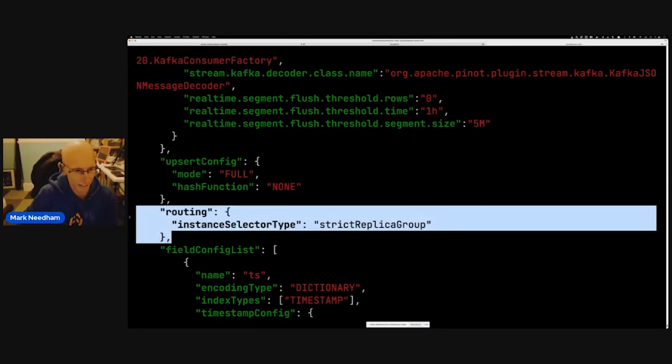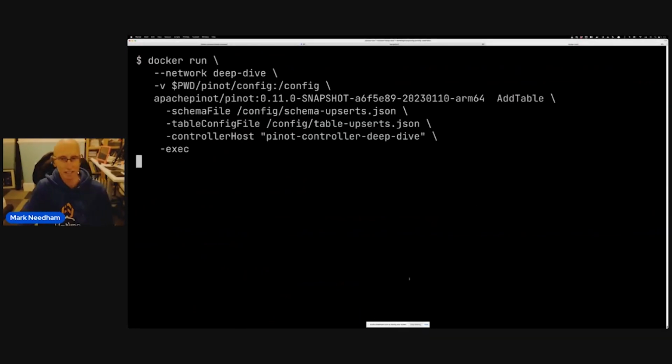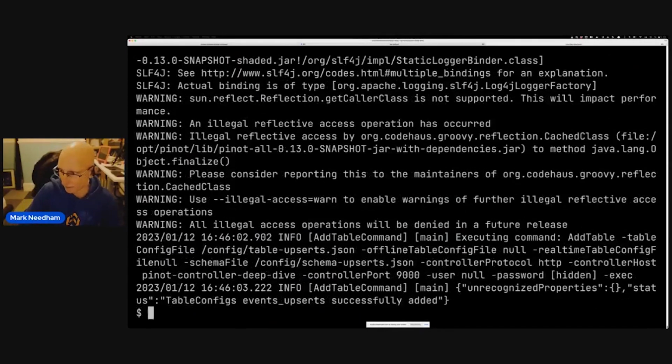You also need to make sure you have this configured, so reading pointing at the same replica group. And for the data coming from the stream, it needs to be that the things with the same key, the same primary key that you're using, need to be on the same partition coming from Kafka. Otherwise, it won't work. Now we can then run that, and it will create us an upserts